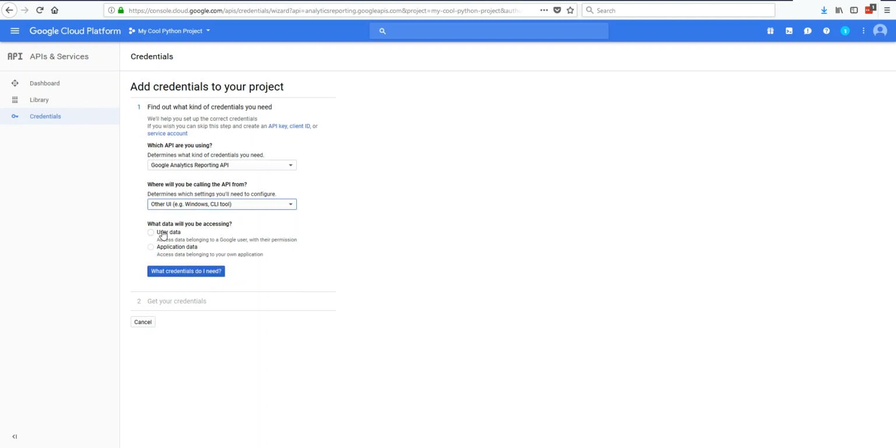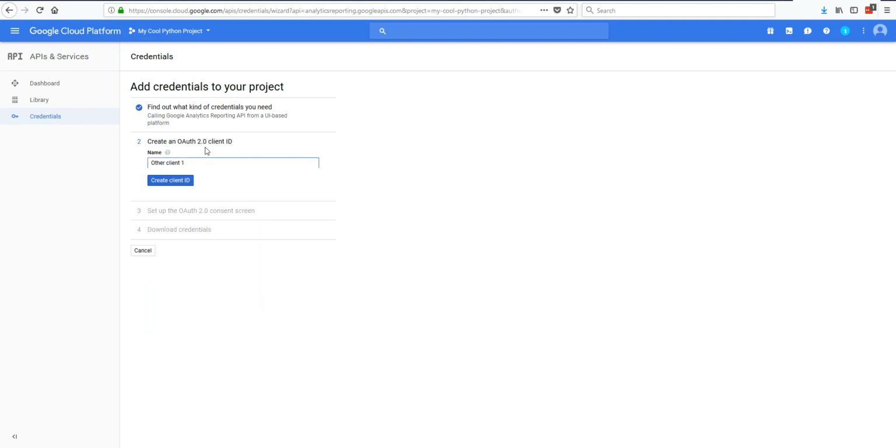And then importantly here, we want to select that we'll be accessing user data because you'll be accessing data from potentially another email account that has access to your Google Analytics data. So once those are selected, you click that, and then it's automatically designated that we're creating an OAuth 2.0 client ID. You can give this a name,